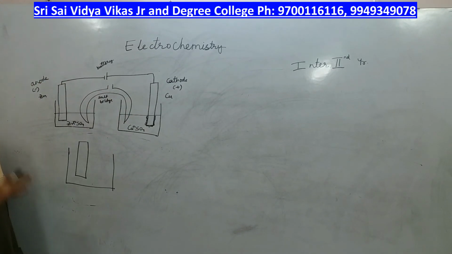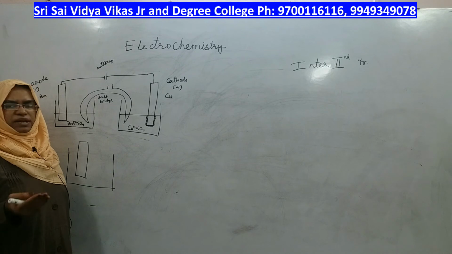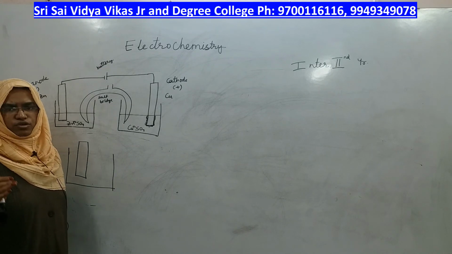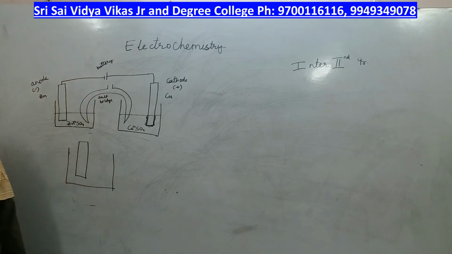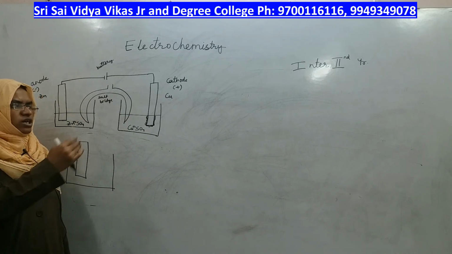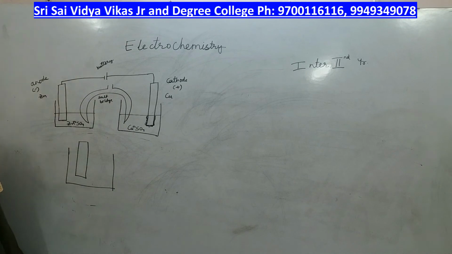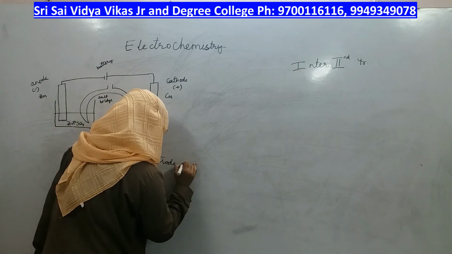So, till now we have seen the electrochemical cell, right? Using that electrochemical cell, you have to apply the Nernst equation and calculate electrode potentials of any metal in combination. Whatever combination is given, you should be able to calculate the electrode potential of one metal in both combinations. So, let us now understand what electrode potential is before going for the Nernst equation. If you do not know what electrode potential is, you cannot apply the Nernst equation. Electrode potential, the meaning is already there in its name.